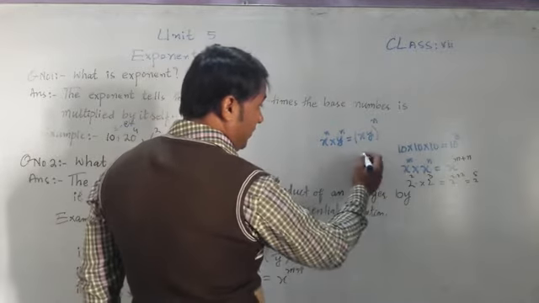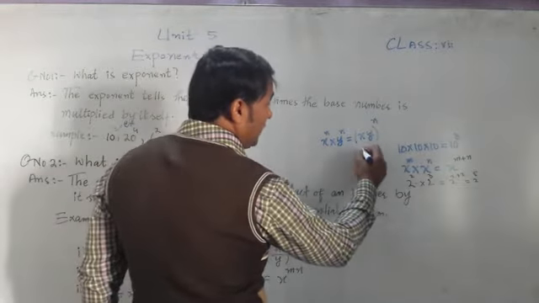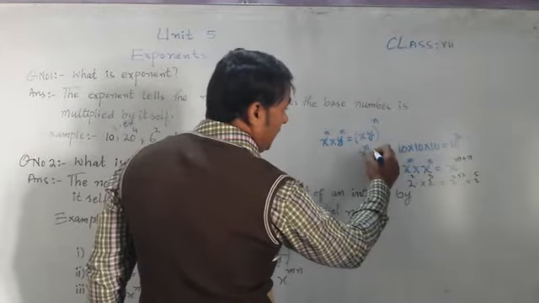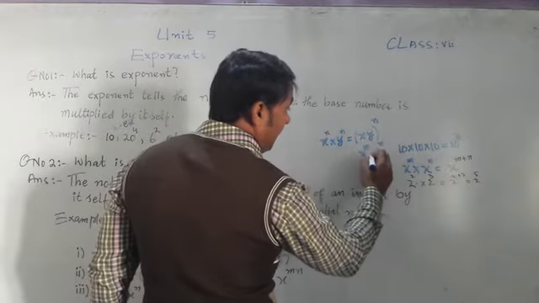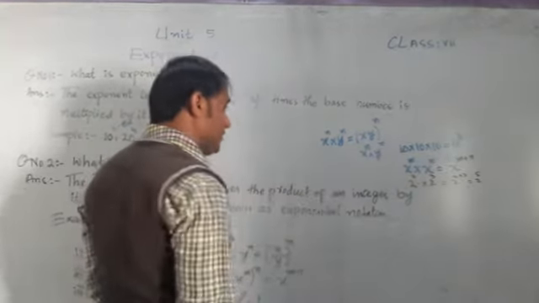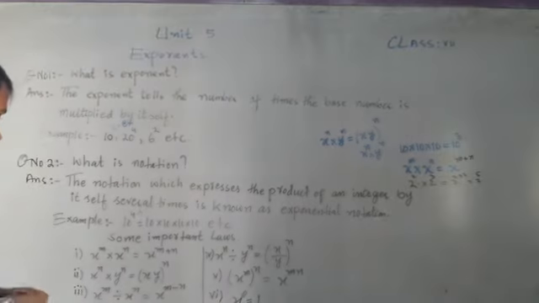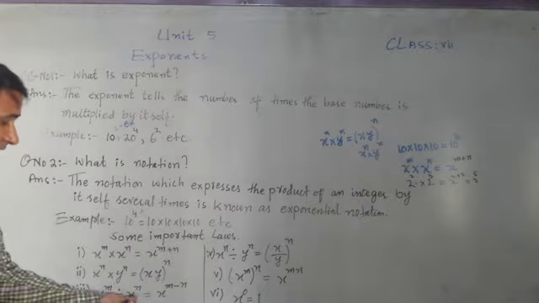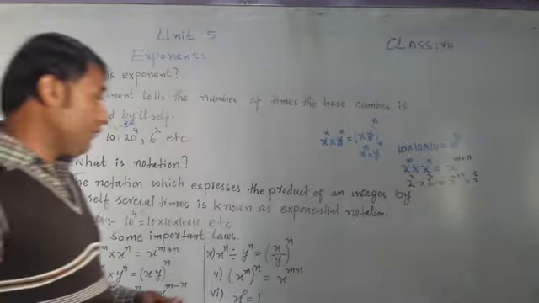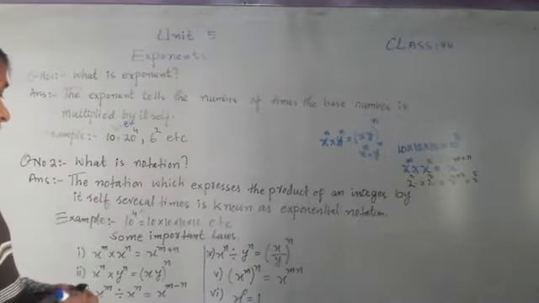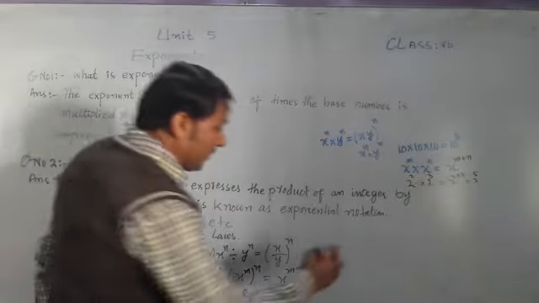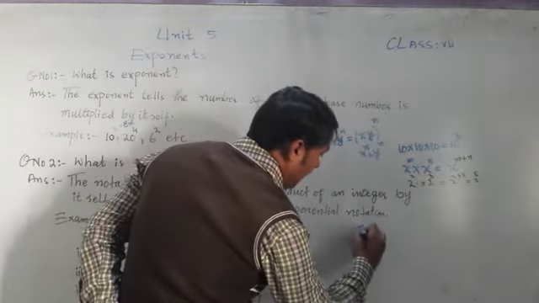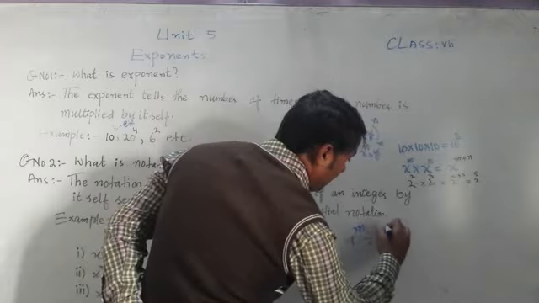If it is clear, we can write x power n, y power n. It is a multiplication sign, meaning both sides are equal. So number three is x power n divided by x power n. In a division form, meaning in a fraction form, we can write it like this: let's suppose x power n divided by x power n.